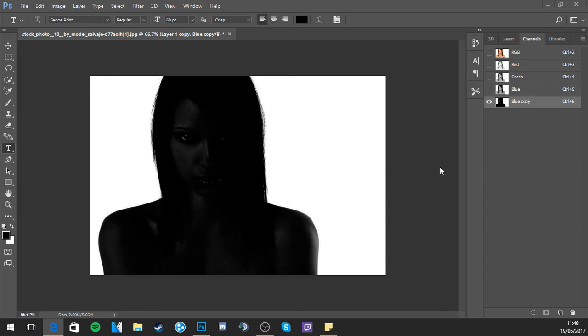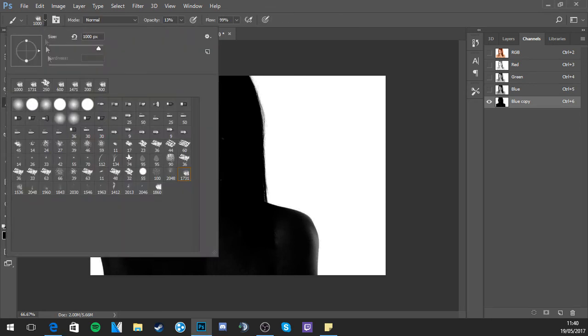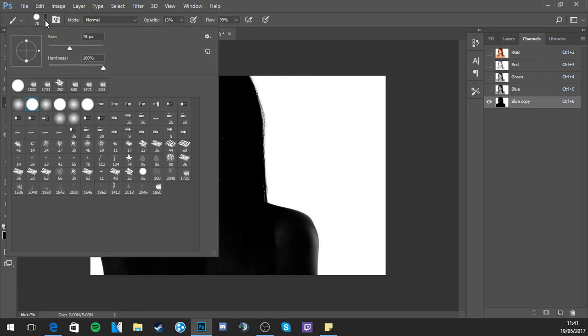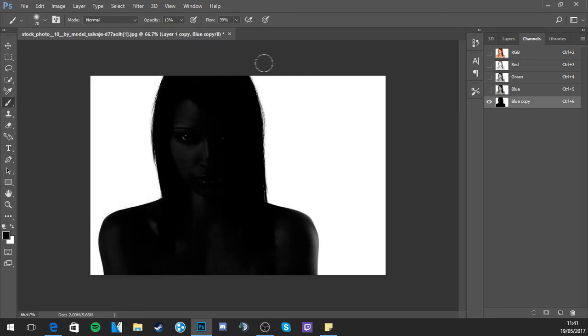This video again. If you see me pause like this for a while, it's because I'm watching the video. Ah, yes. Next, we go to brush. We go up here. We just go for this one. It wants to be hard, but with a small tip. But make sure this is set to black. You can use the square brackets to increase the size and all that good stuff. So like if I press that and that, it gets bigger and smaller.